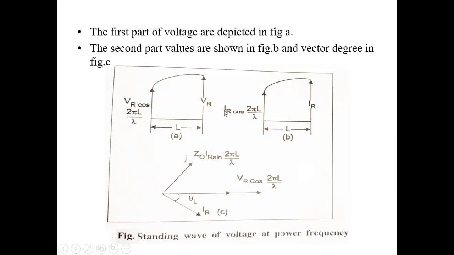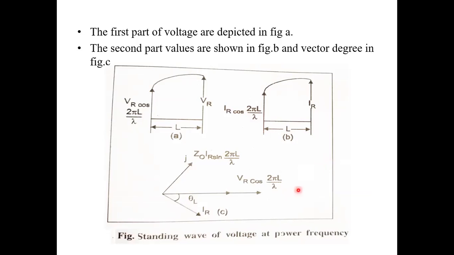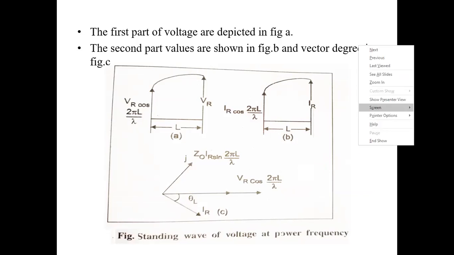Now if you add these two waveforms, we will be getting the overall waveform. To draw the vector diagram, we have to take any one vector as the reference vector. Here, the voltage waveform VR is taken as the reference vector, and the corresponding voltage vector will be